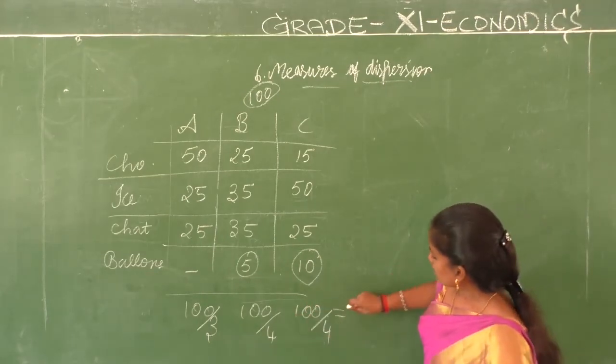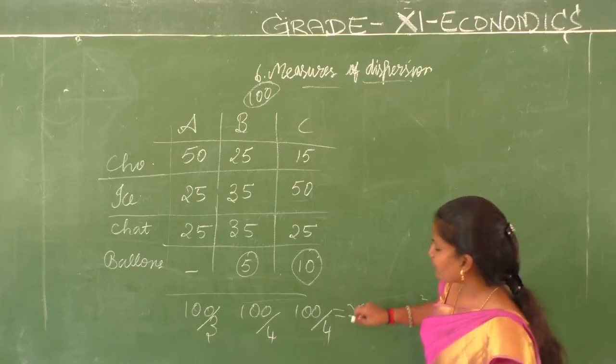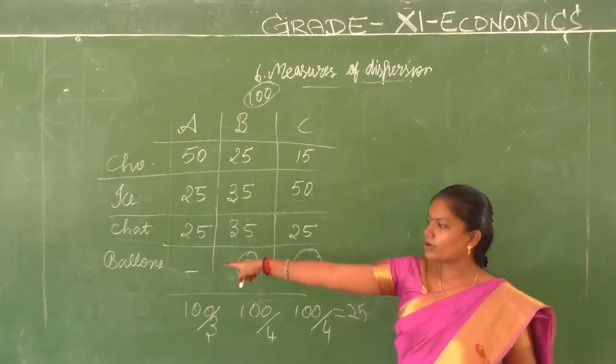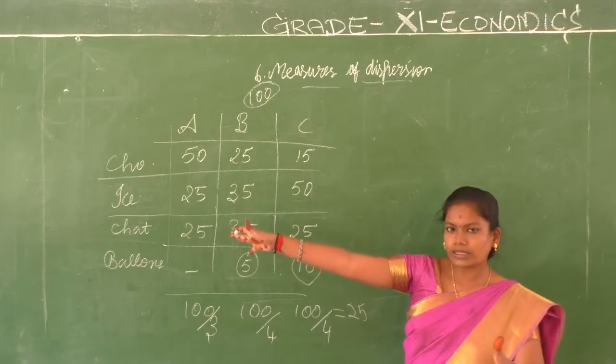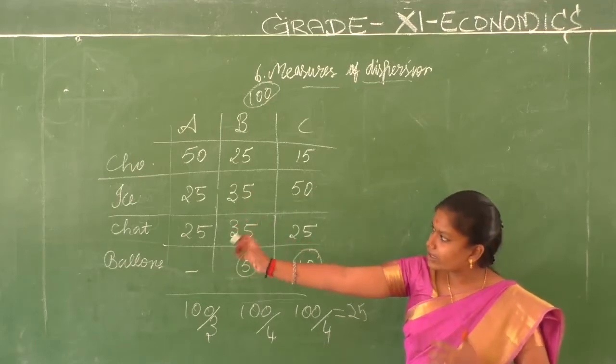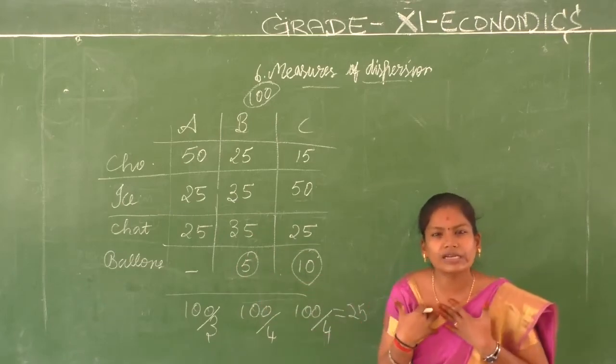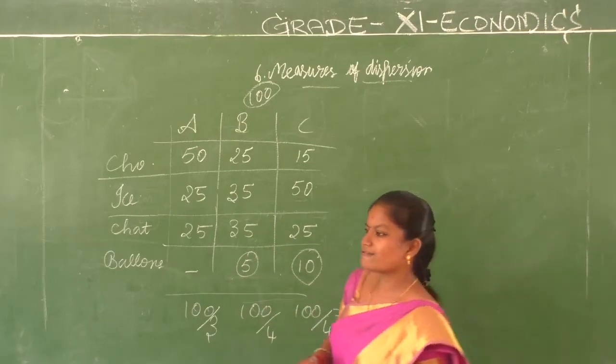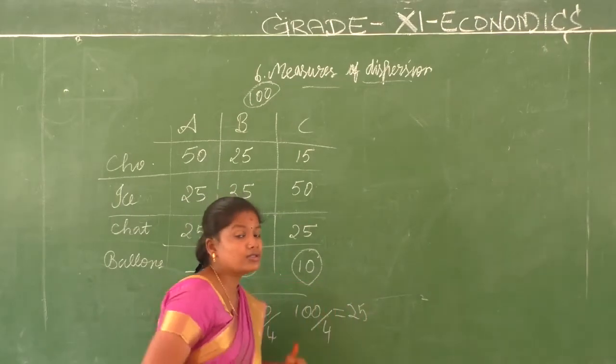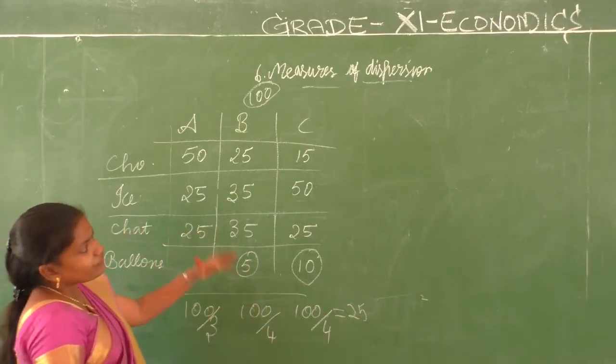That is, each one has spent 25 rupees per commodity, per thing that they bought. Chocolate 25, ice cream 25, chat 25, balloons 25. That's what we understand. Through measures of central tendency, we will not know what is the difference in the amount